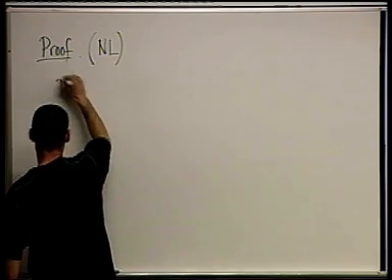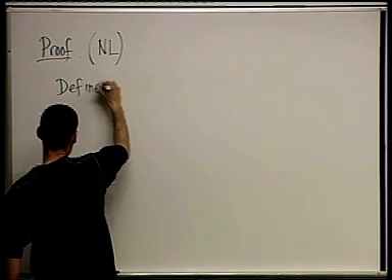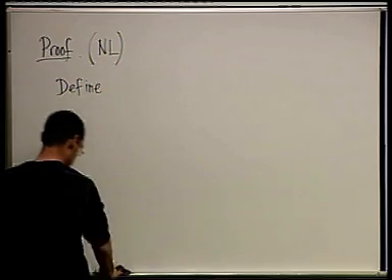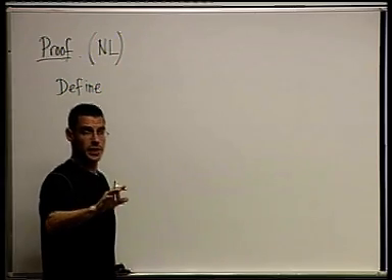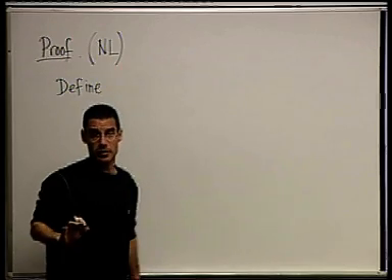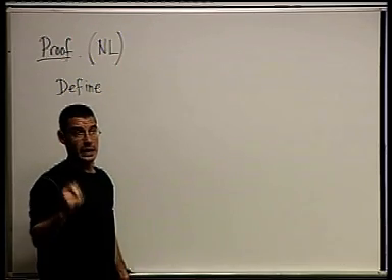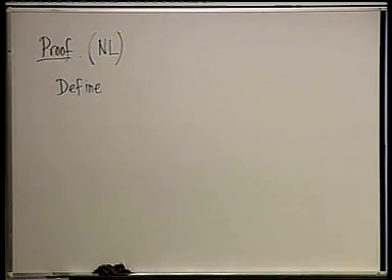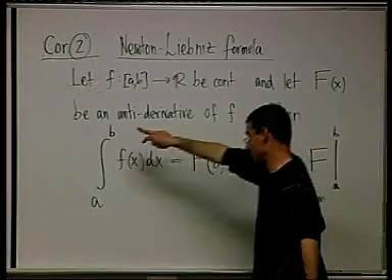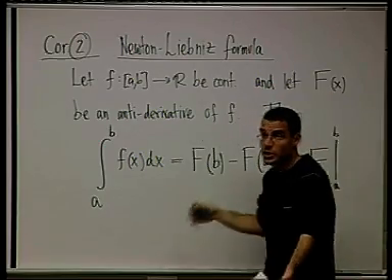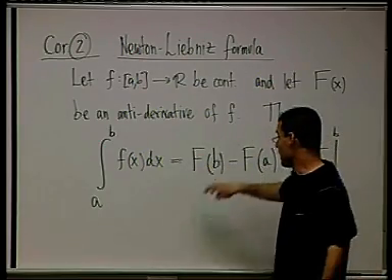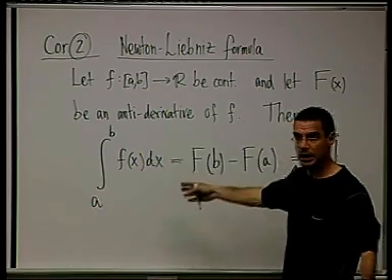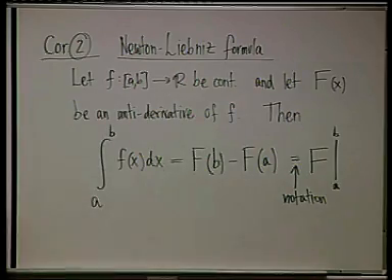Okay. So define. Remember what we have. We have a function, a continuous function. We chose any antiderivative we wanted to, called it capital F, right? That was the theorem, the corollary. We chose an antiderivative, capital F, which secretly we found by solving the indefinite integral, and plugged it in. That's the formula. So now I'm saying define